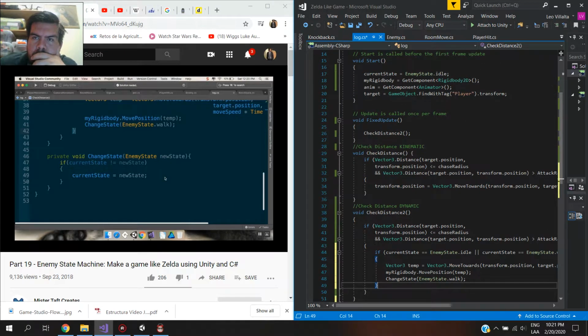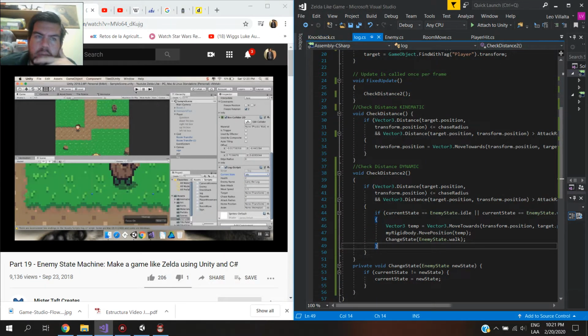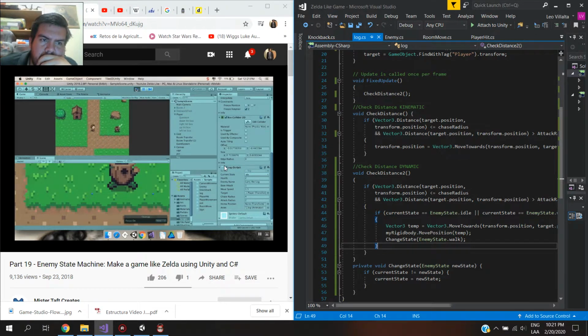Okay, cool. So I'm going to save this. Let's go into Unity here and let's see if I broke it. First I want to make sure that I have my Log selected here so that we can keep an eye on its current state over here on the right. Its current state is going to be idle by default, and if we move into its walk range, it should start walking. So into its walk range here, so it's in walk, and now when I hit it, it went from staggered to,